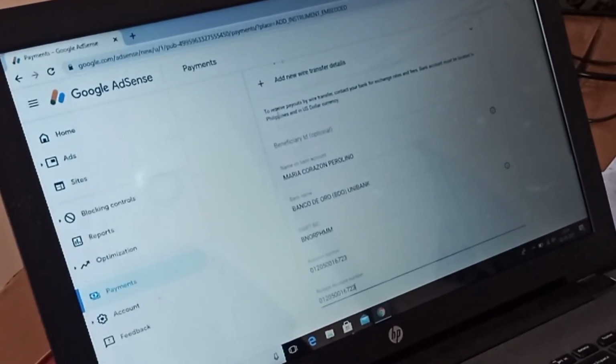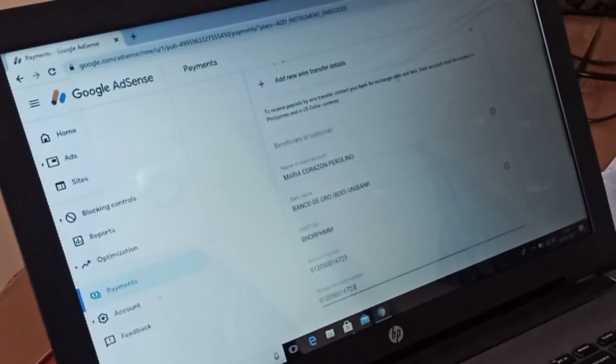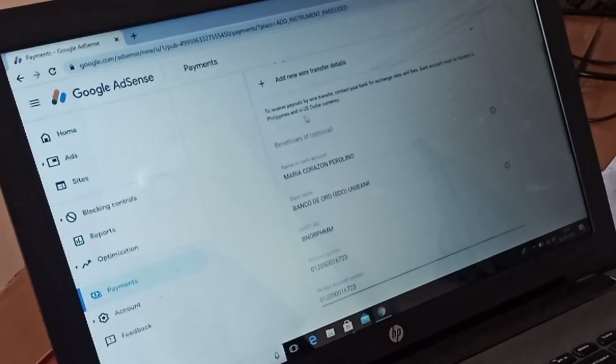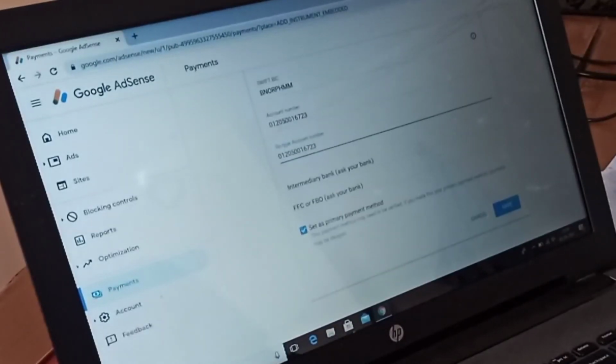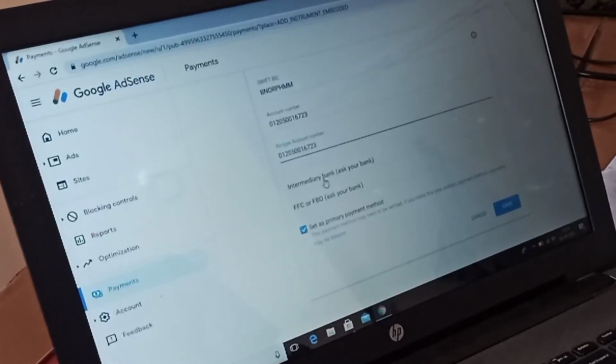You can see here one option: to receive payments by wire transfer, contact your bank for exchange rates and fees. Bank account must be located in Philippines and in US dollar currency. There is one more option here. I wrote the bank account already.